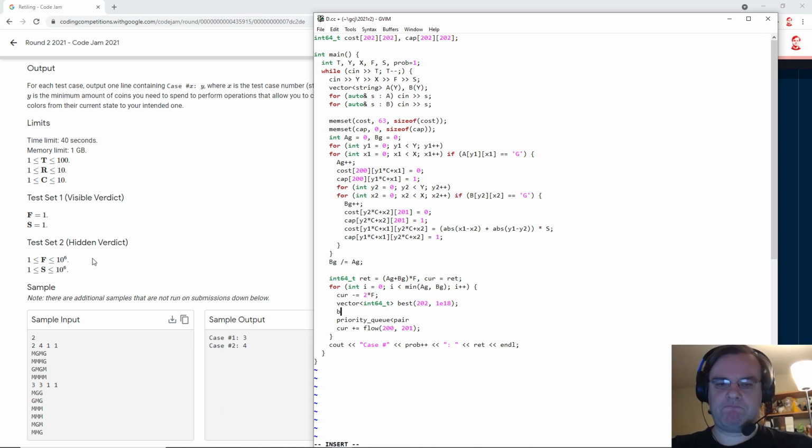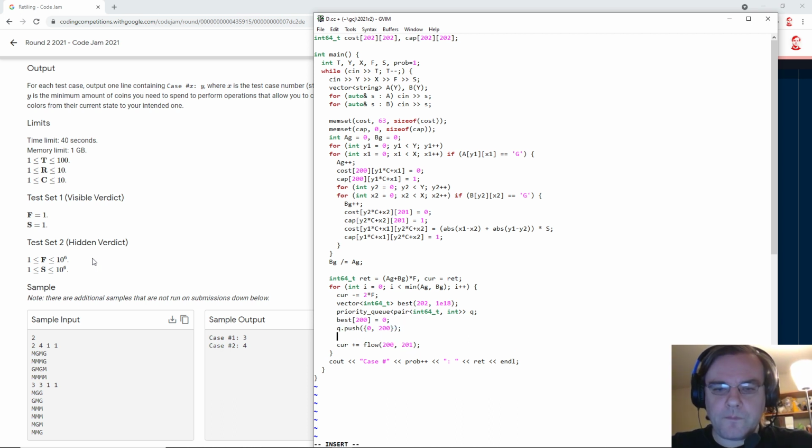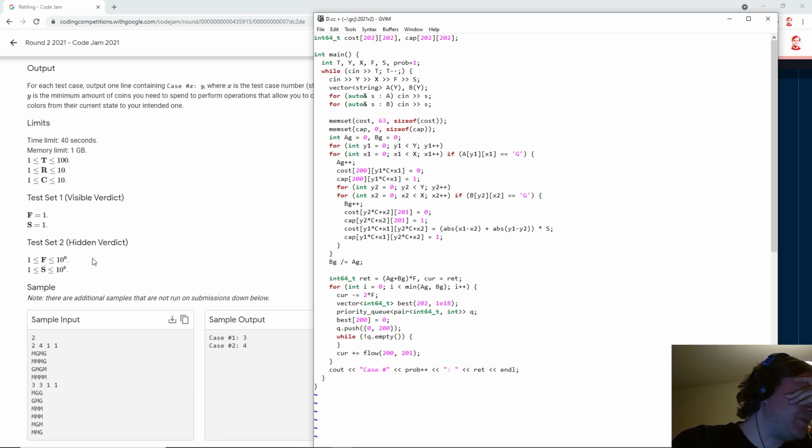Okay. Damn it! I have to do the retracing of the steps too.